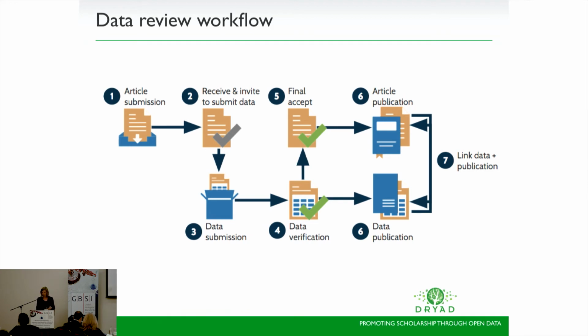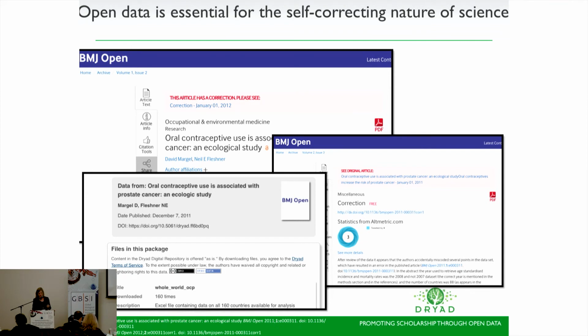Dryad publishes open data with all fields. And though we have an organic beginning in the life science and genetics and evolution, we do now manage data and support data from all fields. So therefore, our setup and our requirements need to be very flexible and customizable. It needs to serve all kinds of communities, and they all may have different needs or challenges with regard to reviewing data. But you can still perform some basic checks to make sure that the data that you have meets your expectations. Publishing data openly